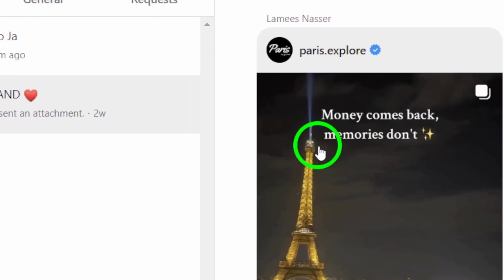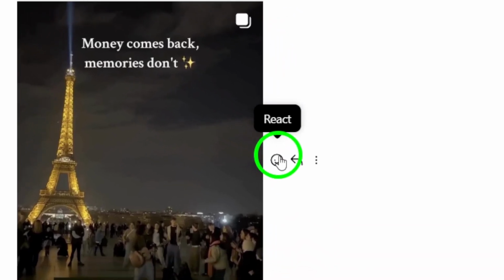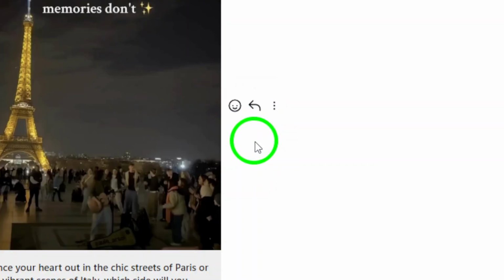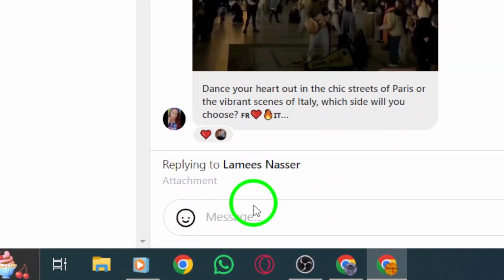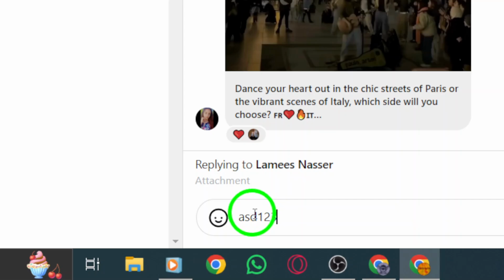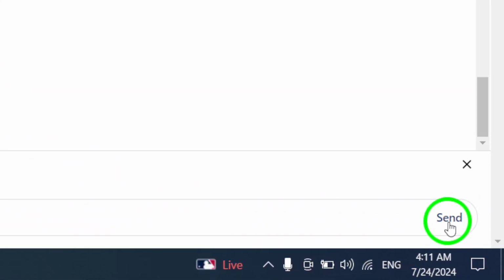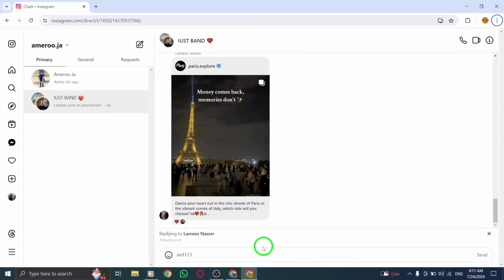When you hover over the message that you want to reply to, you'll notice a small arrow icon, or a reply option appear. Click on that arrow icon or reply button to start drafting your response. Next, simply type out your reply in the text box provided and click Send to share your message with the rest of the group. And just like that, you've successfully replied to a message in an Instagram group chat on